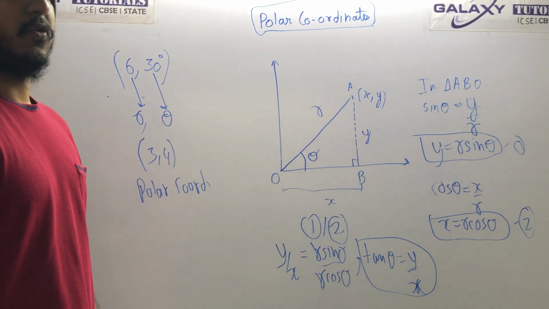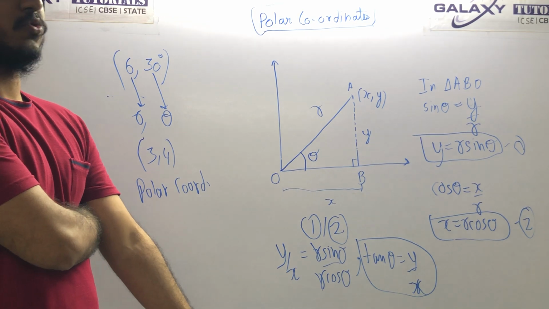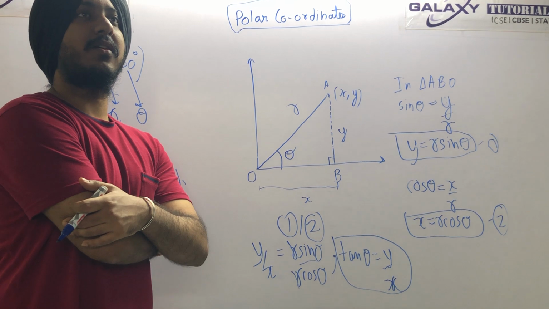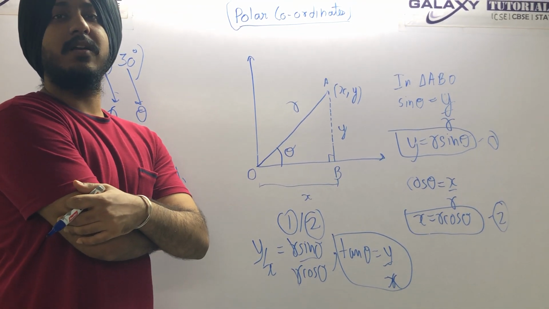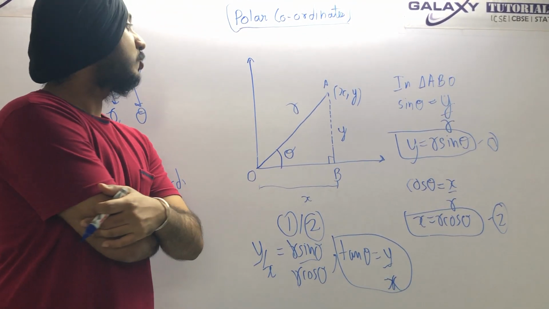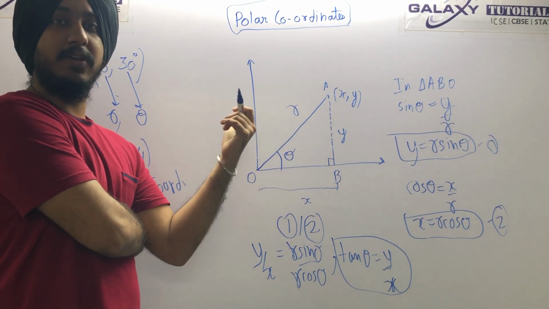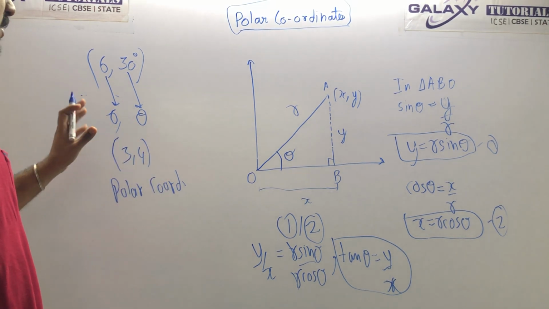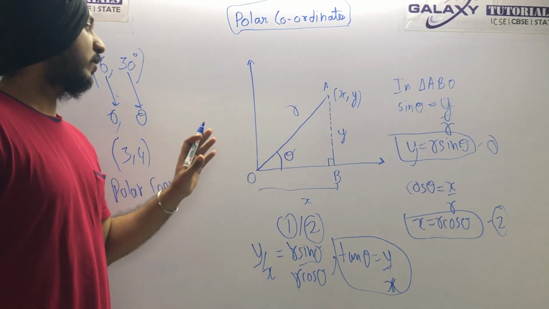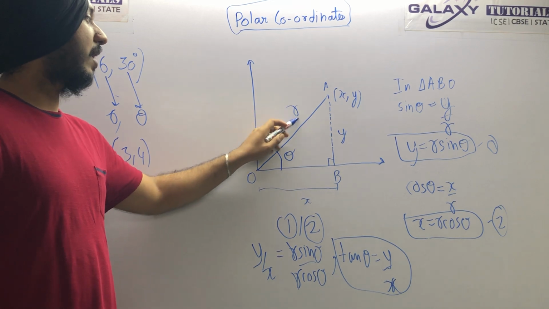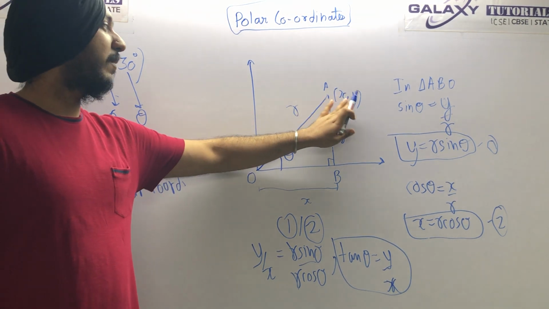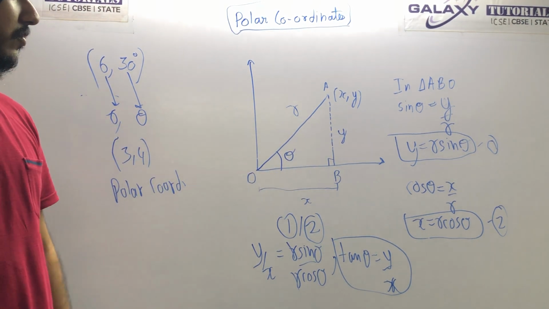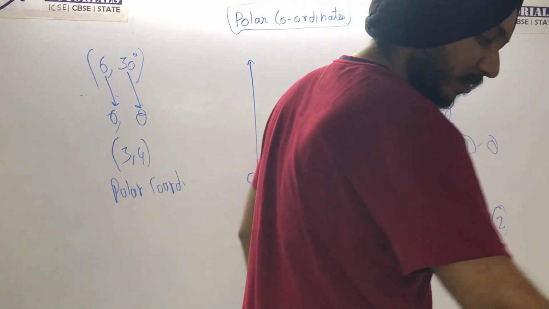Okay, so these polar coordinates in this chapter, there are some questions, but the actual application of this is in the chapters that you will study in coordinate geometry. This circle and parabola and all these chapters, you will see quite an extensive application of this topic. Basically it is just a little bit convenient in some ways. As you can see, there is only one variable r here. In this there are two variables x and y, so you will understand this better when you do some questions. So this is the polar coordinates.